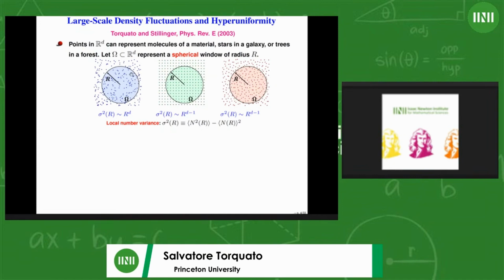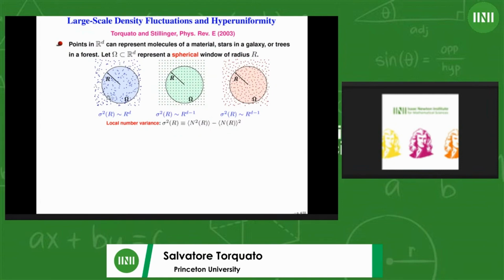Anyway, so you have an infinite set of points in Euclidean space, and I'm depicting things in 2 dimensions for visualization. And on the left, what I'm doing is I have this window, this observation window of radius r. I'm going to imagine that this is going to be a very large window. I'm going to move it from place to place. As I move it from place to place, the number of particles that I find within the window will fluctuate. So I have a random variable, which means now I can define the variance, the local number variance associated with that radius in the standard way, okay?